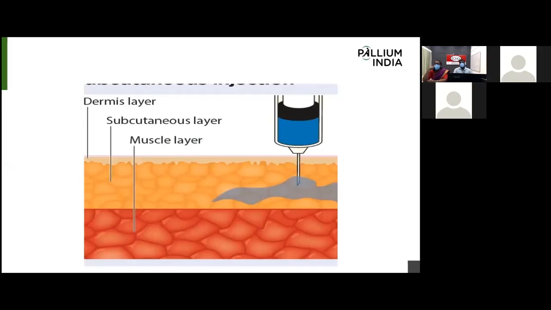First of all, before going directly to the subject, we can go through the layers of skin. Introducing it in a simple manner, there are 3 layers. First one, dermis layer. Second one, subcutaneous layer. Third one, muscle layer. In the subcutaneous layer, we introduce the injection to the patient. For this subcutaneous layer, we are going to discuss